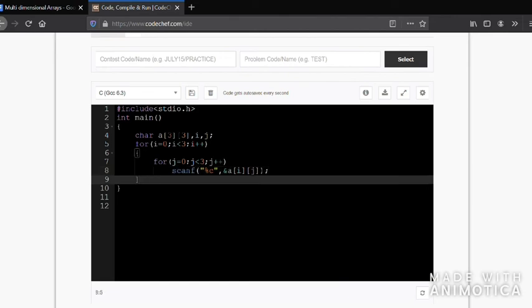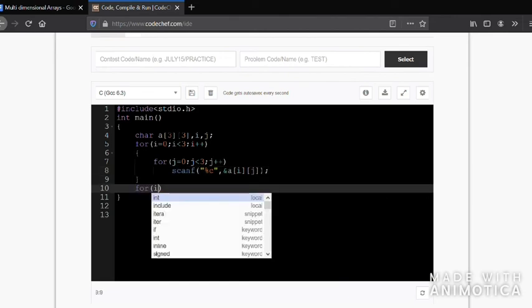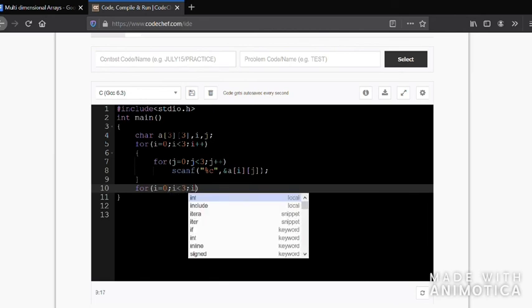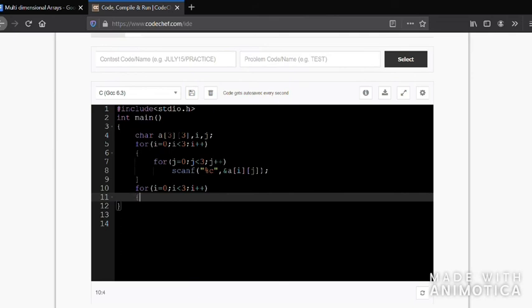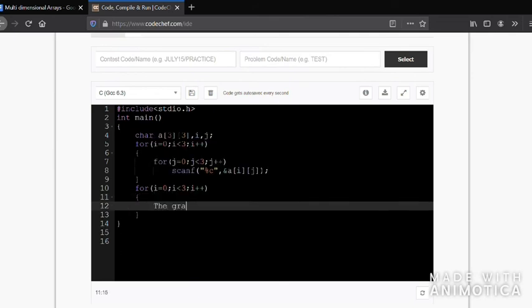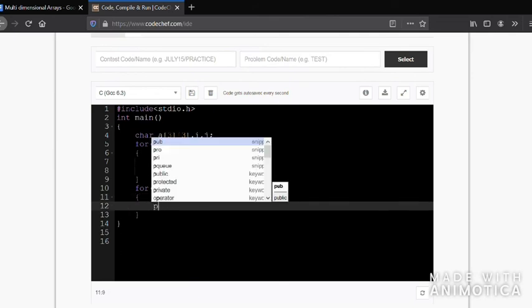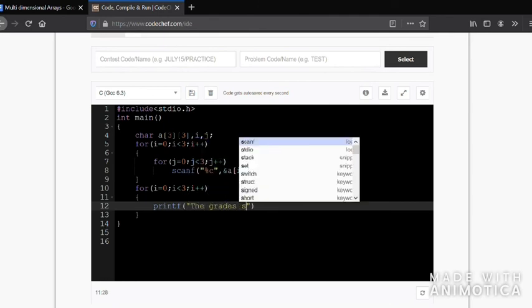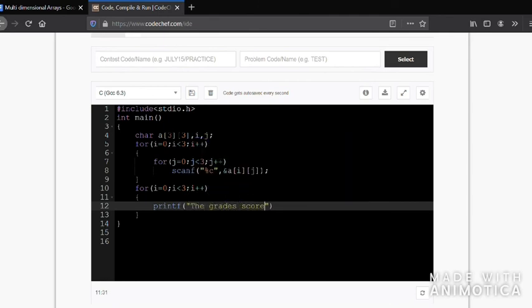Now for i equal to 0, i less than 3, i plus plus, the printf: the grades scored by student %d.